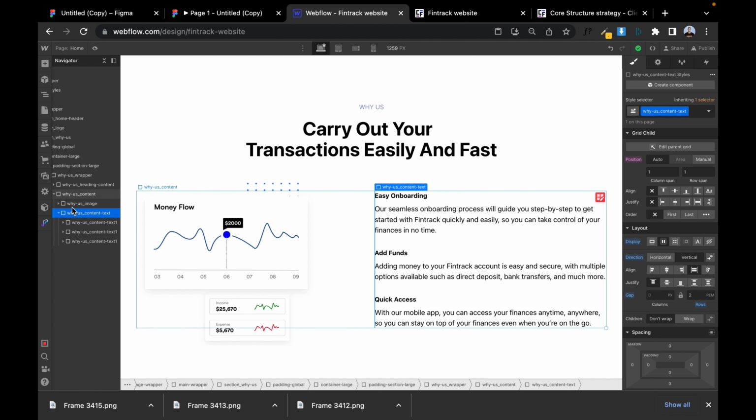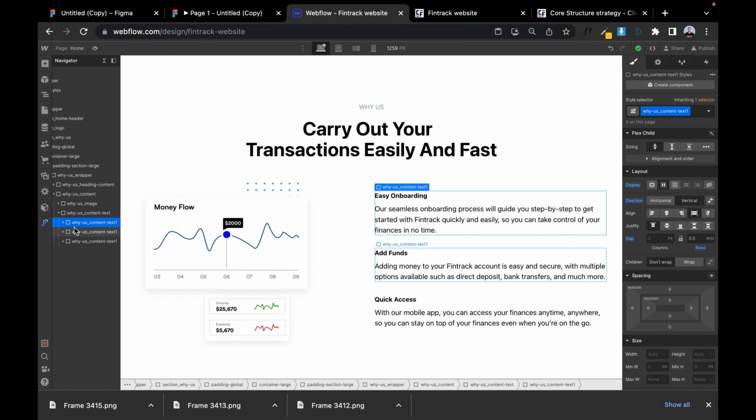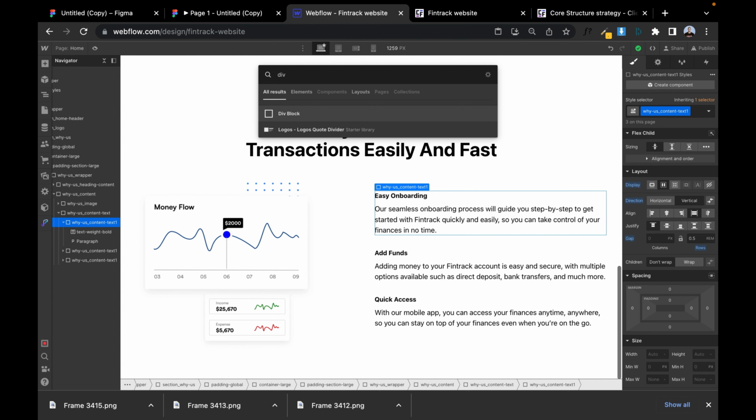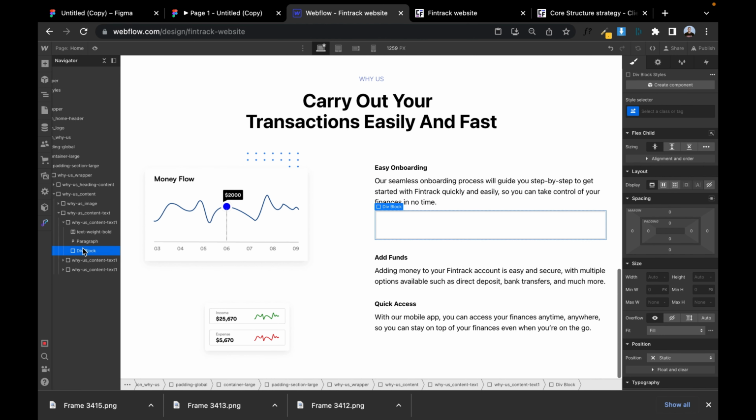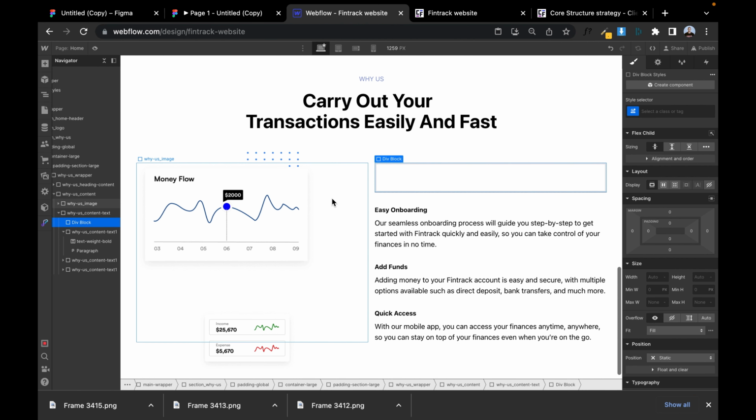Now what we need to do is introduce another div block. This is a little bit tricky because we're trying to add something here, like the numbers. We will need to introduce another div block. All right, let's bring in a div block. Now we have a div block here, and we're going to call this div block